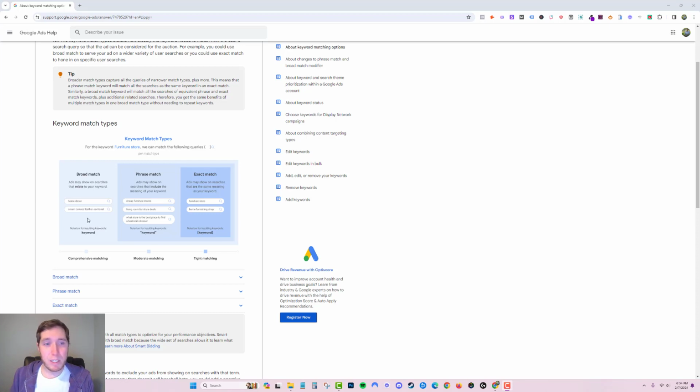but if somebody goes to Google and they just search home decor, they're not looking for what you offer. If somebody goes and they look for a specific piece of furniture and you are a furniture store and you're trying to advertise yourself locally, it's not going to really work. That person could just be looking for images. They could be looking for, maybe they want to order one online, something like that. So broad match, I tend to avoid it because you can see if you want somebody looking for furniture store near me, something like that, you don't want to be showing up for this kind of stuff